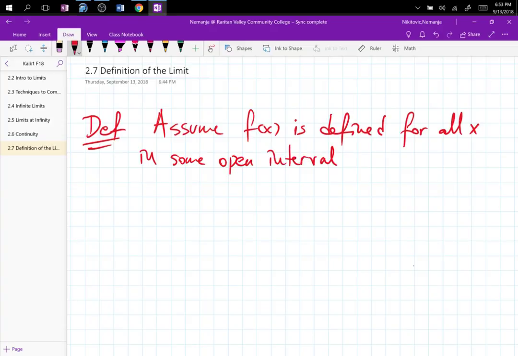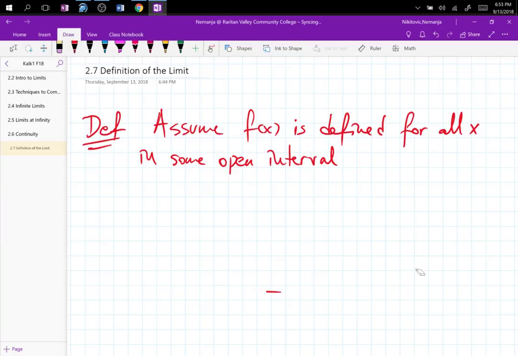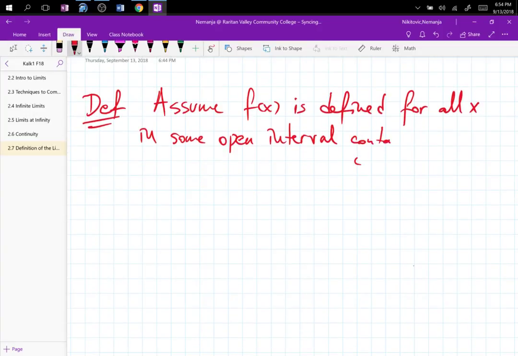When I say some open interval, that could be negative infinity to positive infinity. Anything that has this form is an open interval, and this is also an open interval. So it could be from 1 to 3 or negative infinity to positive infinity. So we say just some open interval containing A. So assume f of x is defined for all x in some open interval containing A,